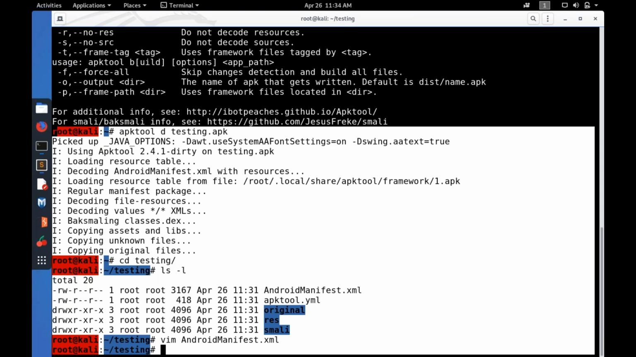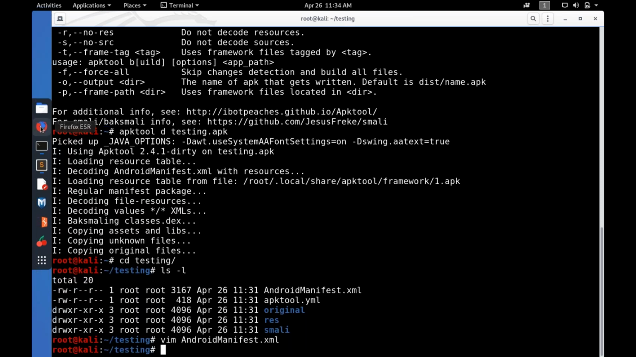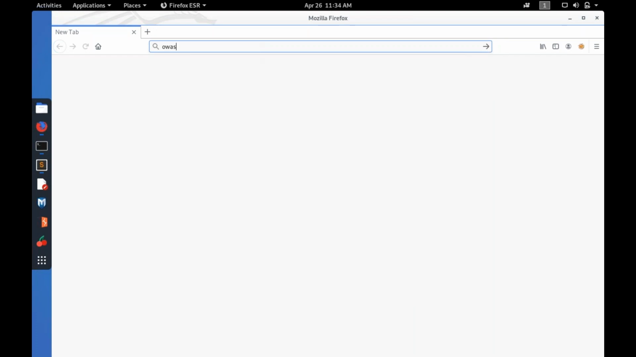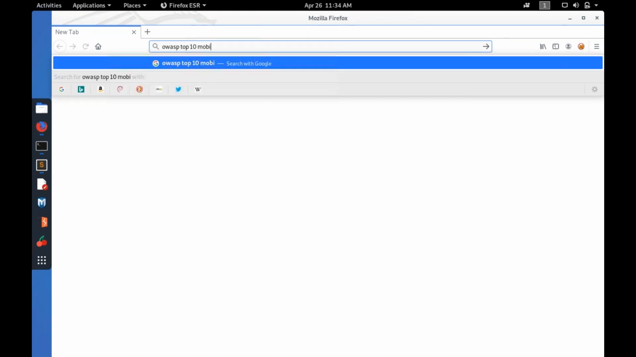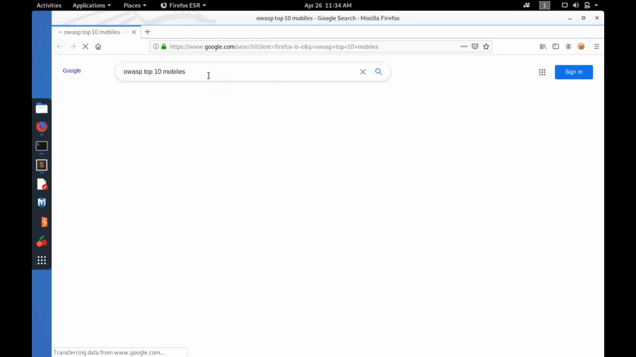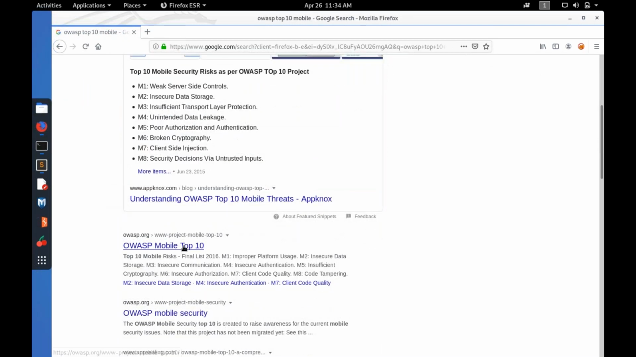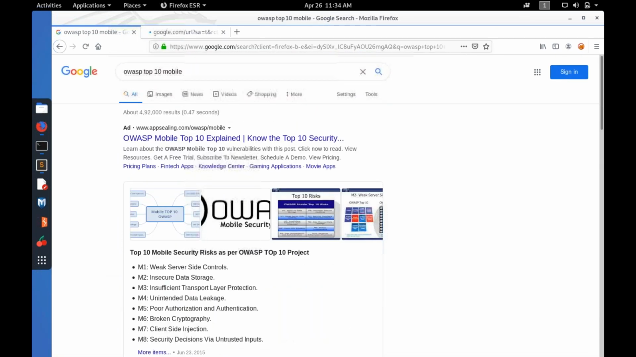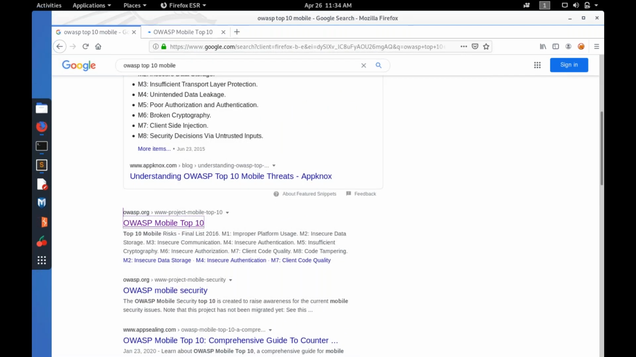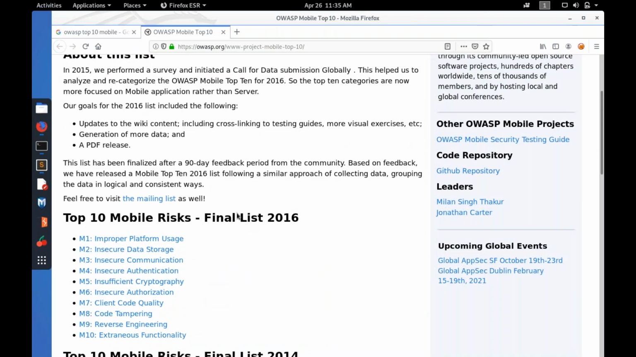Okay, so now let's see what the OWASP top 10 related to our mobile platforms is. If you simply Google OWASP top 10 mobile, you'll be able to see the official documentation of the OWASP top 10 on the OWASP website. Either that or this AppKnox blog, anywhere you can go and see things related to the OWASP top 10